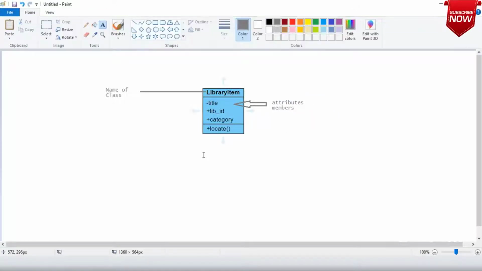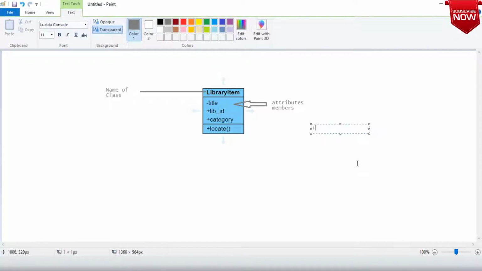And here, whenever you see plus, plus means it is available, everyone can access that. It is basically called public. Minus stands for private. Only the members of this class will be able to see that. So don't worry about plus and minus in the case of Linux. In Python the story is slightly different.